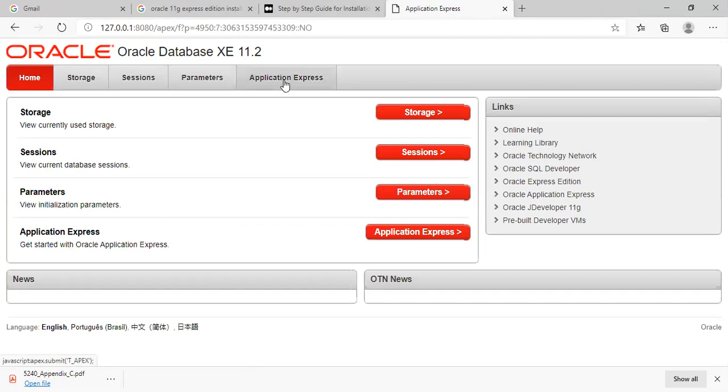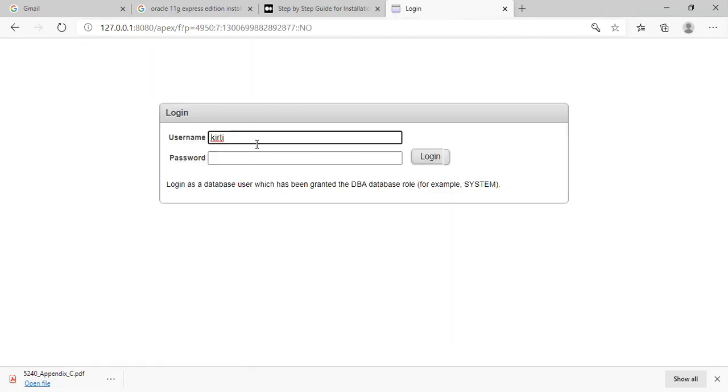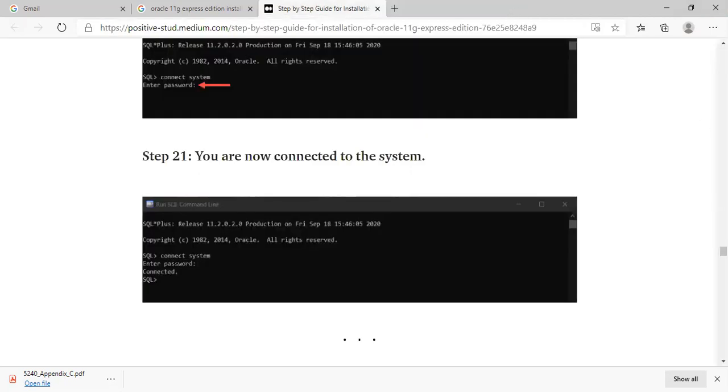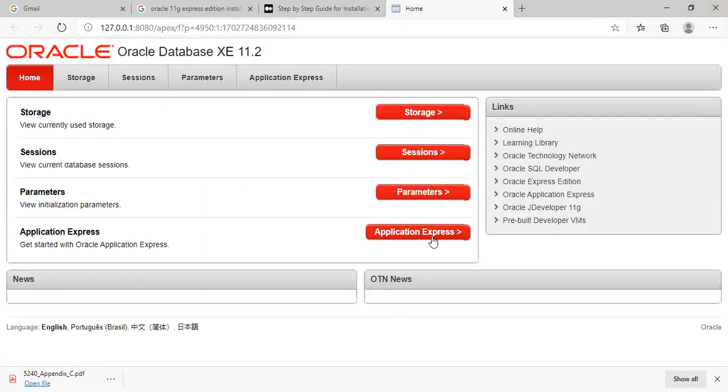Existing login is also there. I have already implemented a number of assignments.